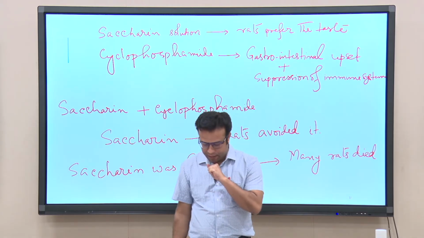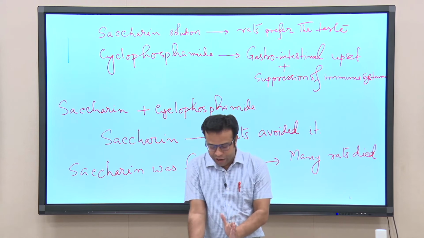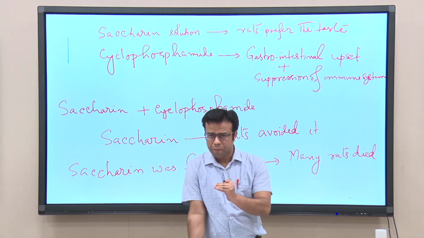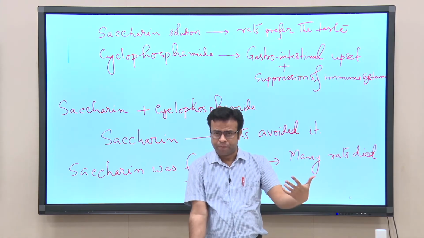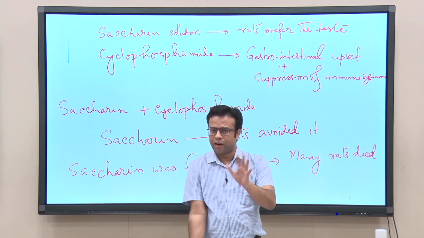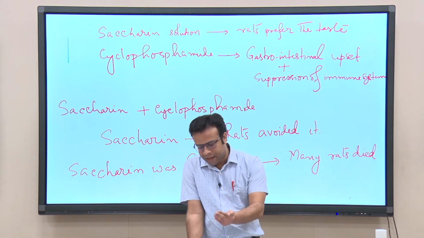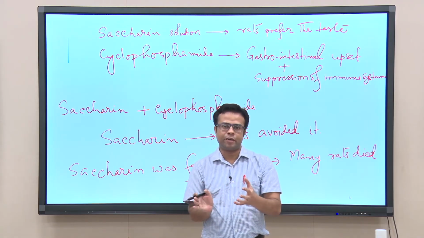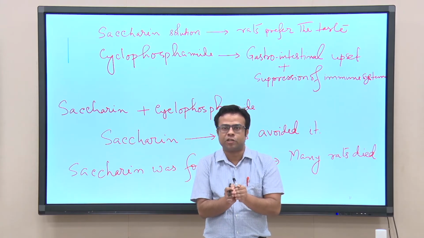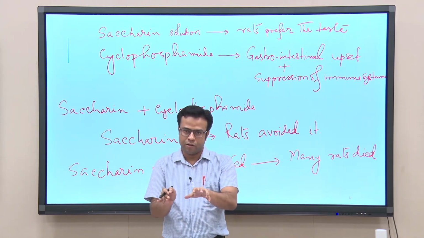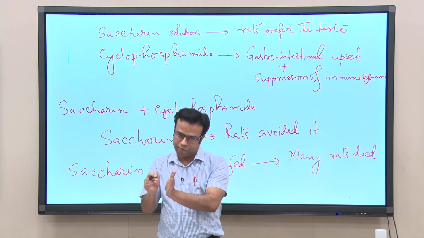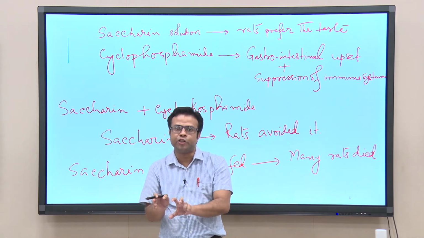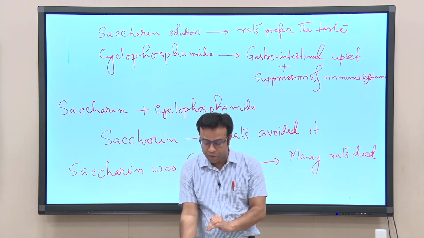So, they hypothesized that it is possible that saccharin was conditioned not just to the gastrointestinal upset, because of which they learned to avoid it, but also to the other effect of the drug, which was suppression of the immune system. So, it was possible that the rat was also classically conditioned to the immune suppression of that drug. So, when saccharin was given or force fed,